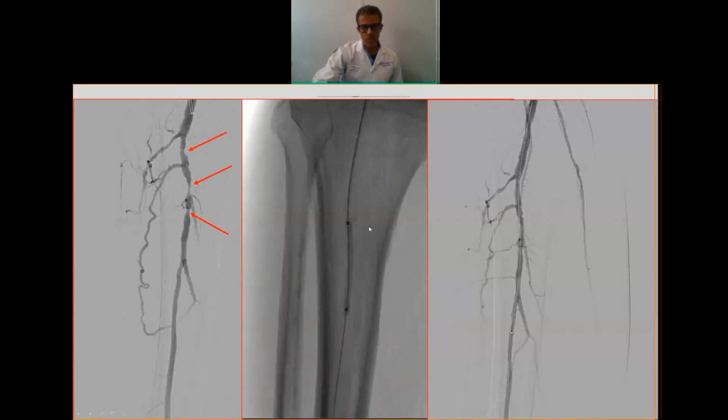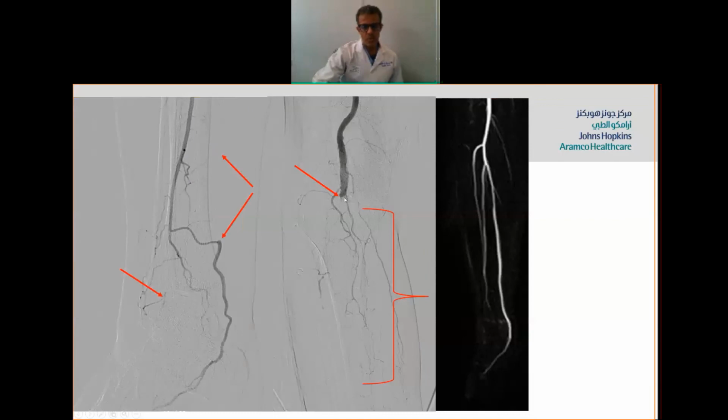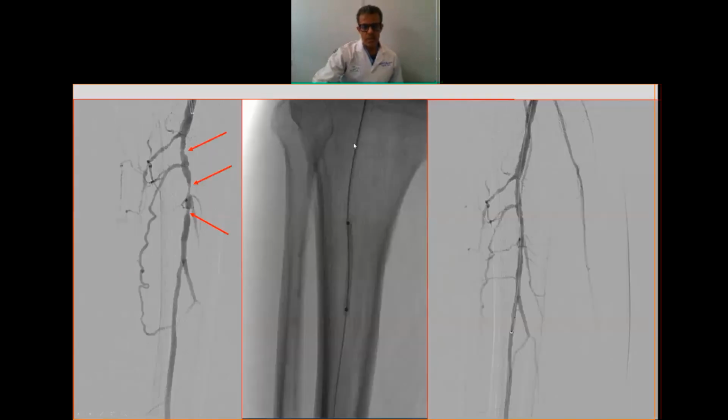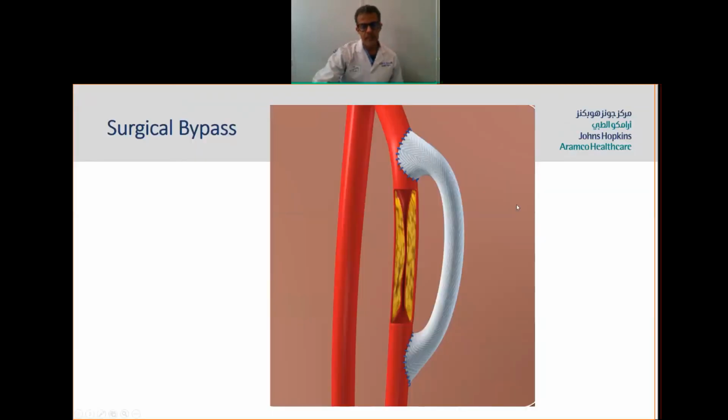Okay, so that individual we saw earlier with occlusion of the popliteal artery, he had an angioplasty here, okay, and the angioplasty has helped to open the damaged blood vessel and restore the circulation in a better way. This is an example of a surgical bypass. So if the balloon and the wire technique are not